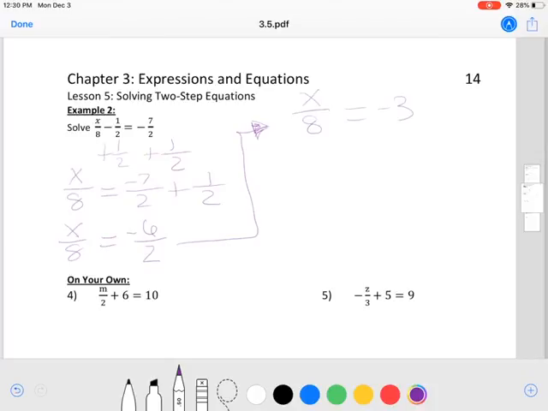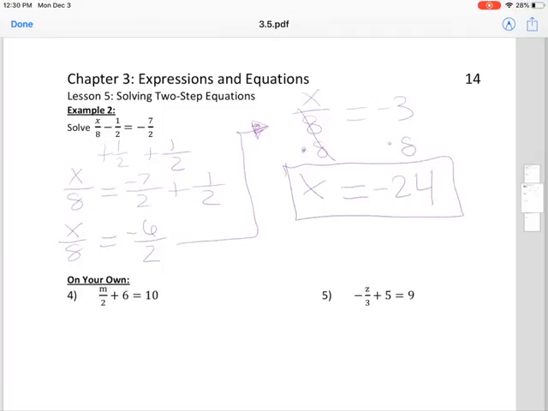So now we just are left with our one-step equation. So now that we have division, how do we undo division? We have to multiply. So we need to multiply 8 by both sides. So these cancel out. We're left with x equals negative 3 times 8, which is negative 24. Negative 3 times 8 equals negative 24. All right, so I'm gonna